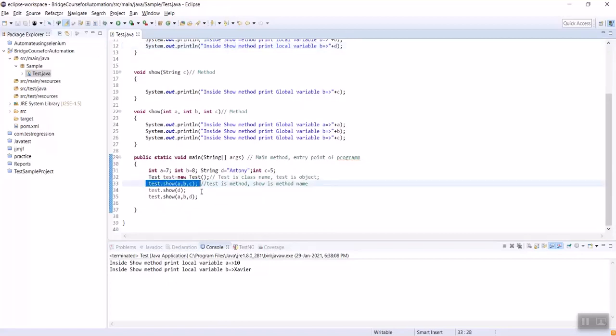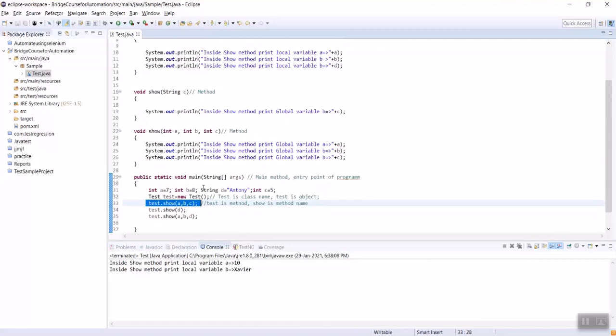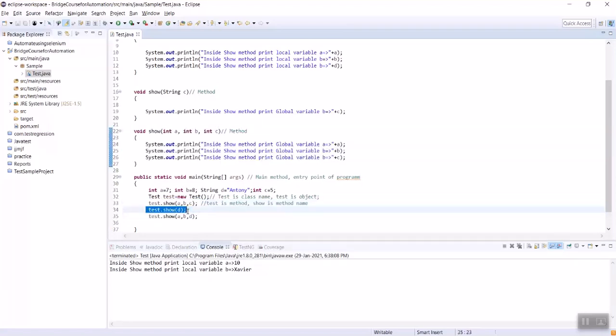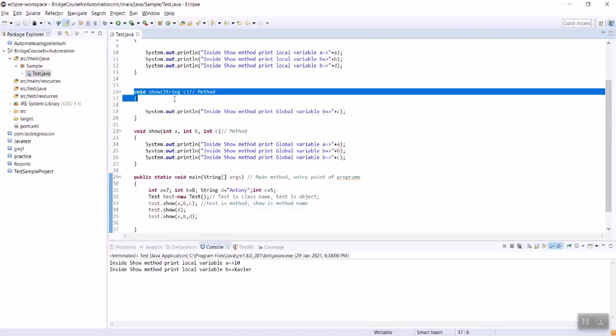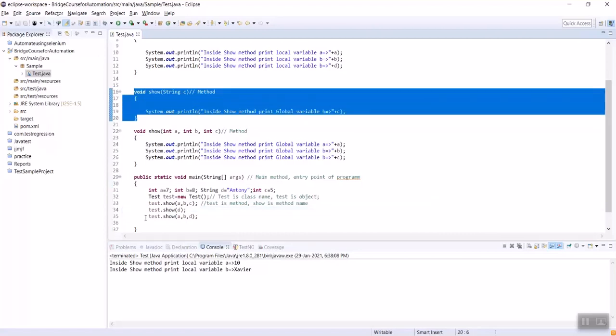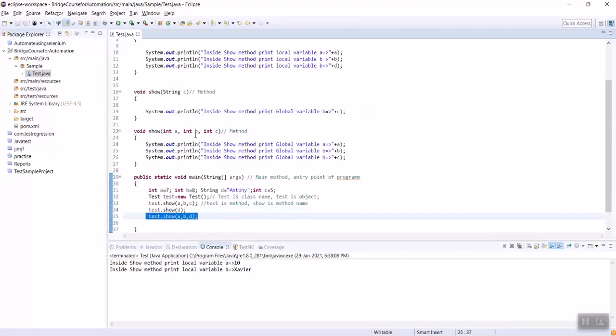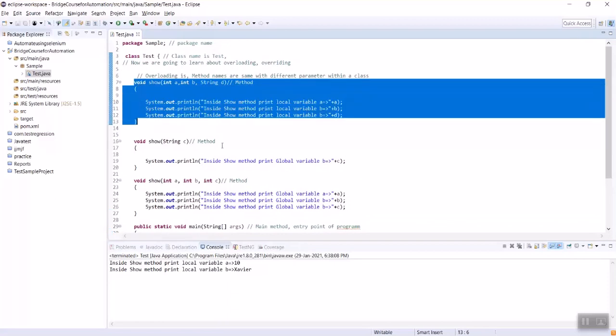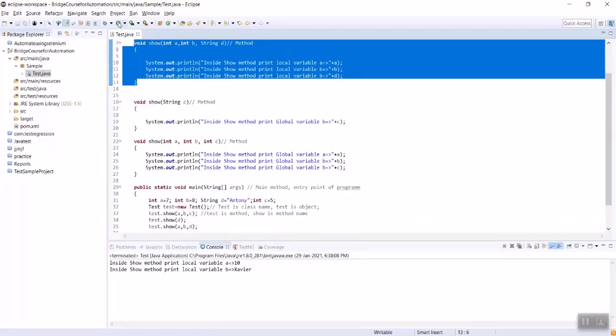So test line number 33, test dot show a, b, c. Line number 33 will reach line number 22, 22 to 27. Line number 34 will reach 16 to 20. Then line number 35 will reach 7 to 13, based upon the arguments and parameters.